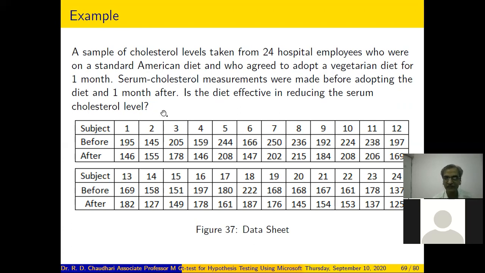What is the meaning of that? Is the diet effective? That means we have the data on a standard diet and for the same employees after adopting a vegetarian diet. If after adopting a vegetarian diet the serum cholesterol level reduces, then we can say that the diet is effective in reducing the serum cholesterol level.